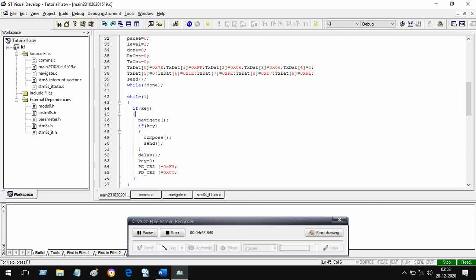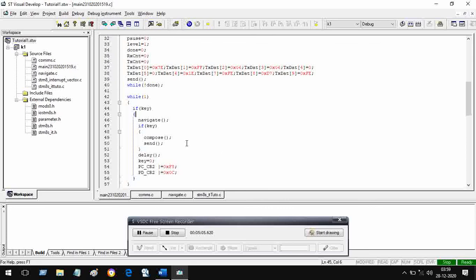So it will take some time. Then you send it. It will take some more time, and if this time is not enough for debounce, then you add some delay also. So preventing interrupt after one key has been pressed is the first step, and the second step is... And how do you attain that first step?